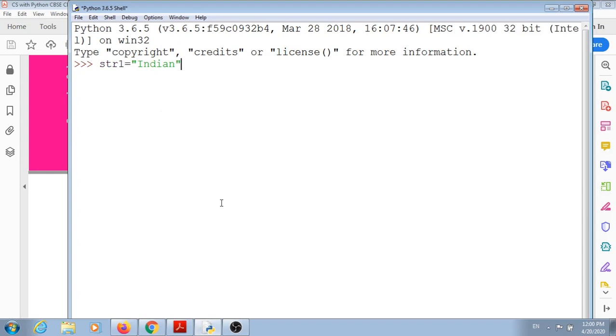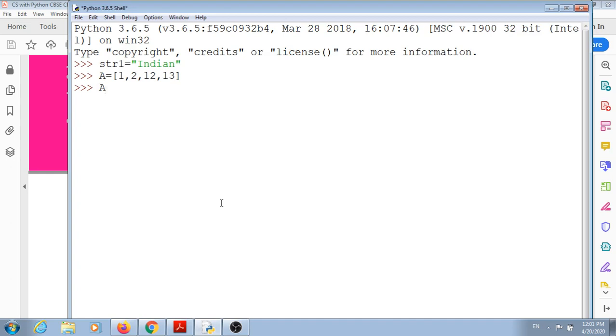Okay, this is the string. And another, I am taking a list as 1, 2, 12, 13. So this is a list. So you can understand the difference between a list and a string.